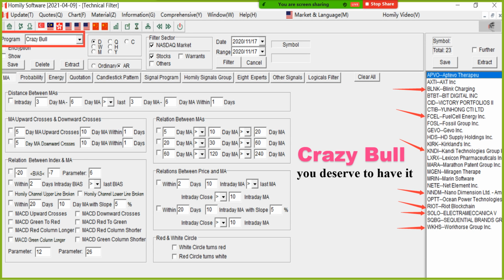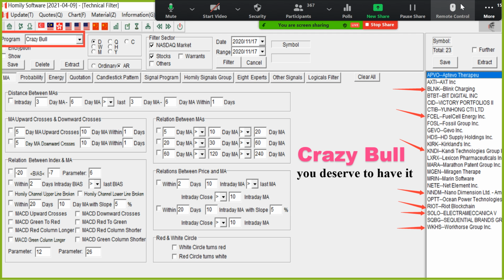So the thing is that, you know rainbow, you know multi-color dragon, you know the trend, you know the money flow. Then you filter the credible or daily bull. USA market, credible. Singapore market, daily bull. Then it's easy for you. No need to spend a lot of time. Why do you need to buy a software? To save your time. Do you have enough time now? Somebody you still work. Somebody you need time to accompany your family to enjoy the holiday. But you only use 3 minutes or 5 minutes to get the filter.